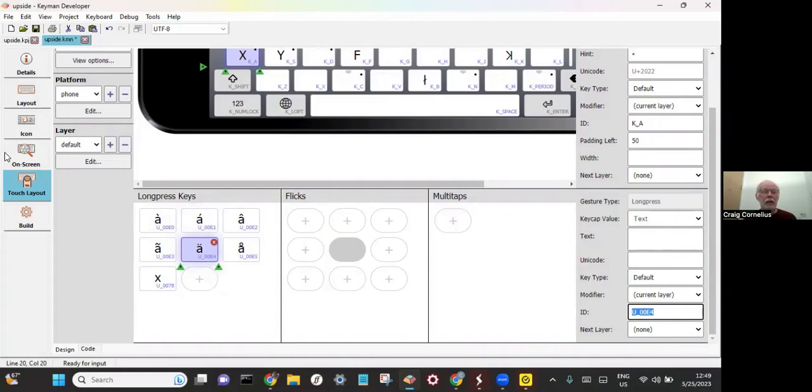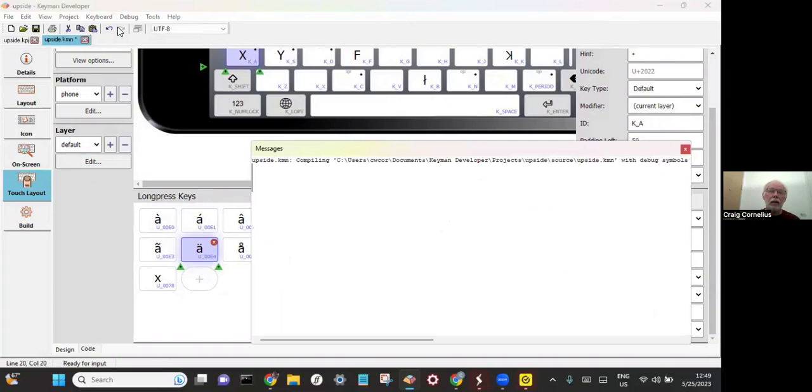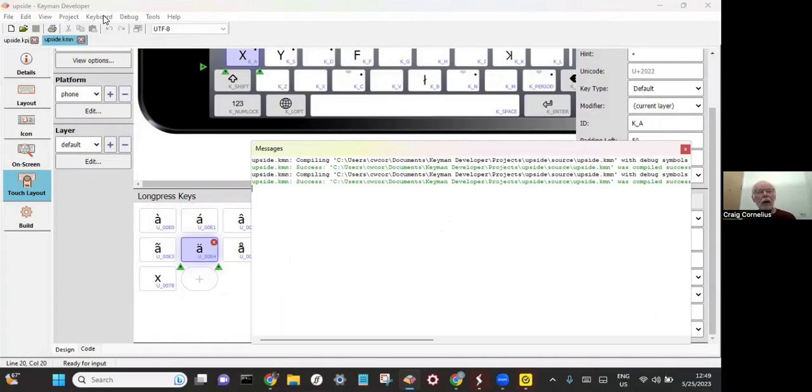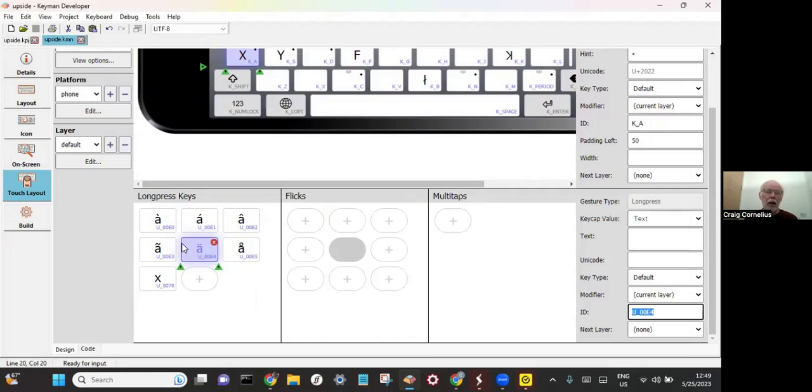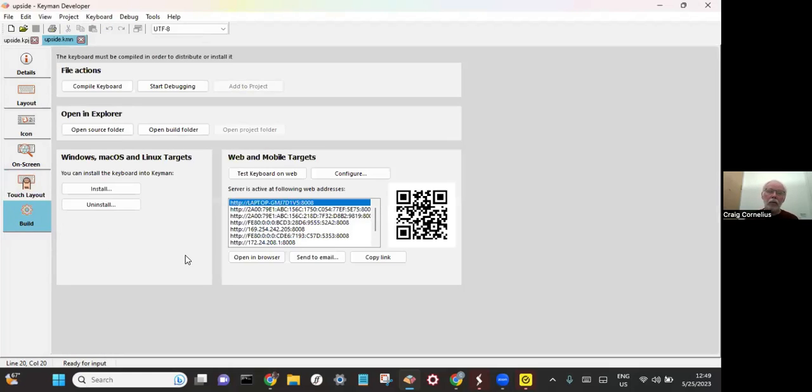So now you'd like to see perhaps if this actually will work. First of all, one has to compile it. Basically, it says, Keyman Developer, go through each and every one of the rules, go through everything that has been defined here and see if they are consistent. And if they are, it will build an output to be used. Once I have compiled it and it's successful, I go to build and I can say simply, I want to test it. So I say build, test a keyboard on the web,